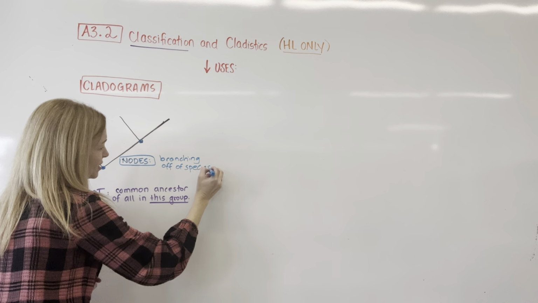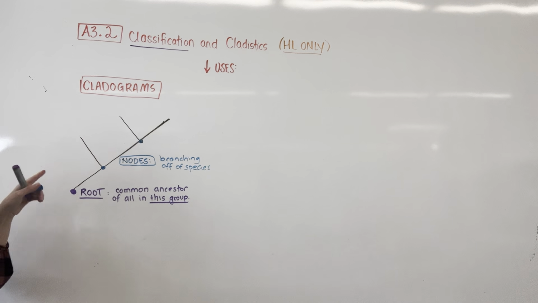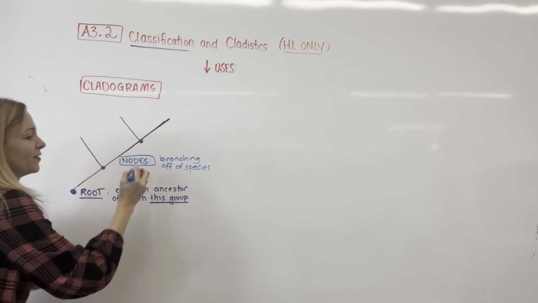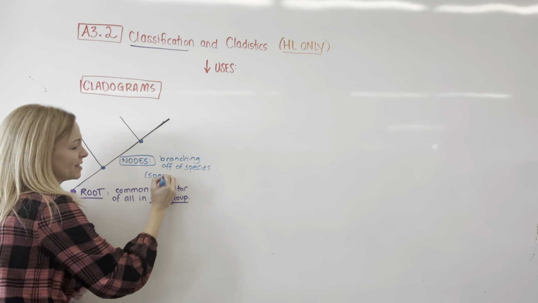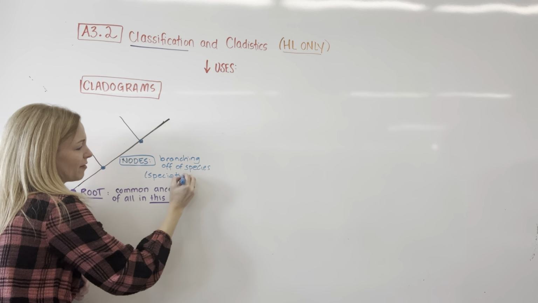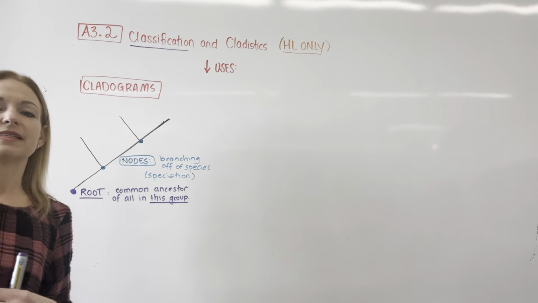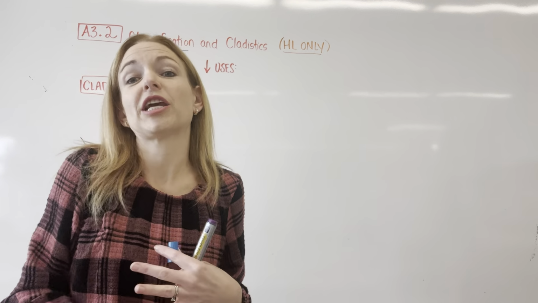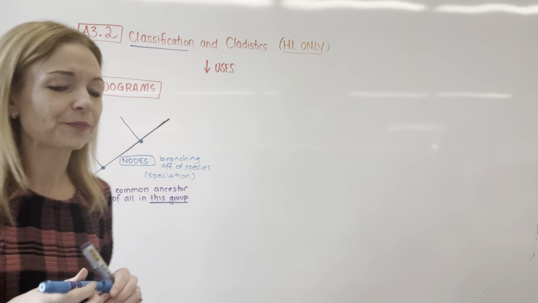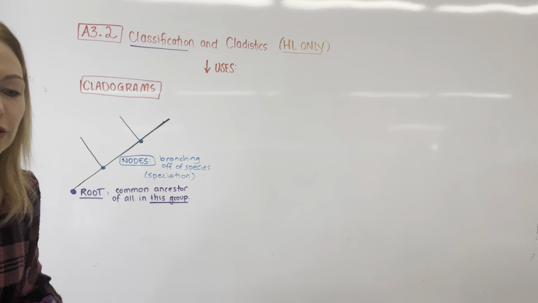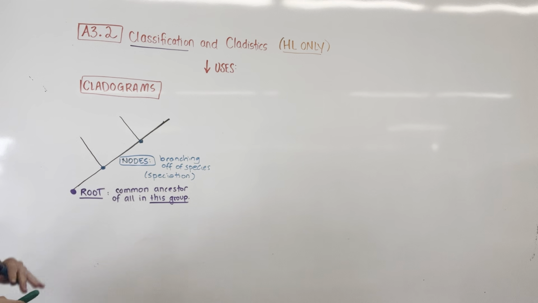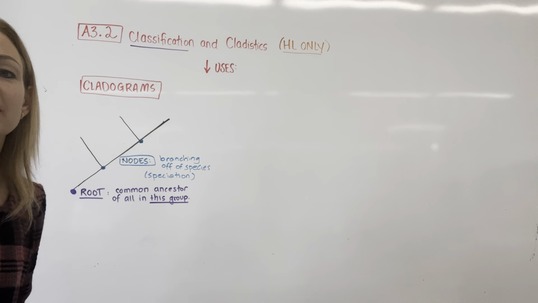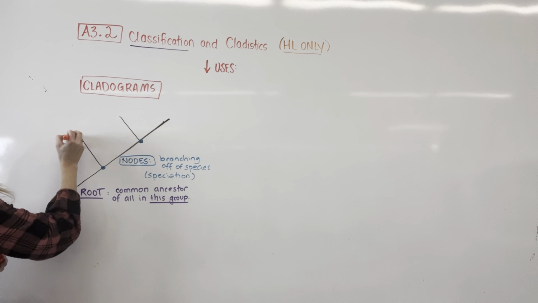So basically, here's the common ancestor, everything's related, and then some sort of speciation event happens. Now we have a new species that is distinct but still shares that same common ancestor. And you're going to keep having ones that come off. A lot of times this one here will be called the outgroup, and that just means that of the group,